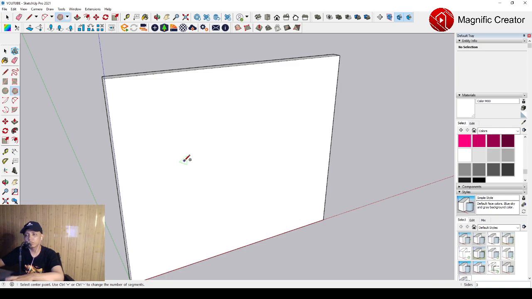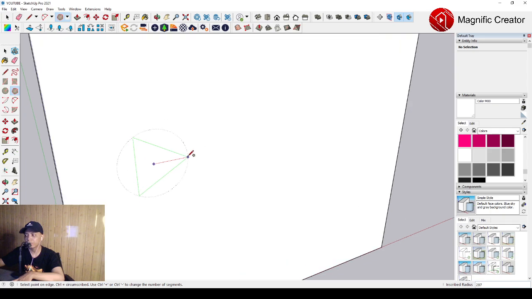Then we can make sure that the segment is 3 segments. You can see the sides just like this. And if you're still on 6 segments, you have to press Control and minus. If you're on 2 segments, you have to press Control and plus. Okay, so I have already set the 3 sides like this, and then we can make the radius